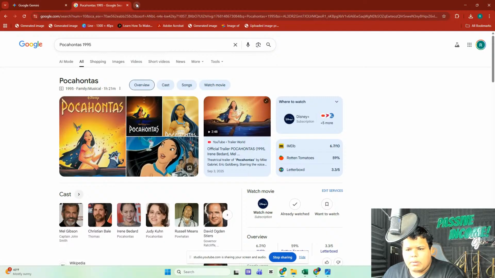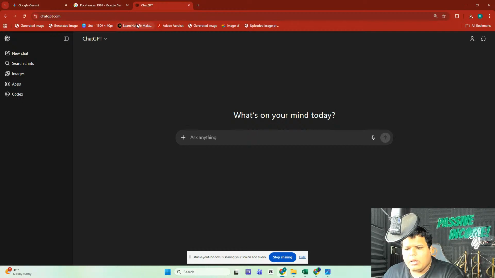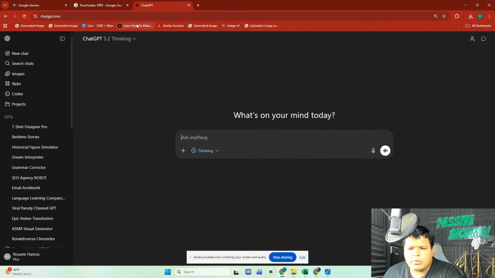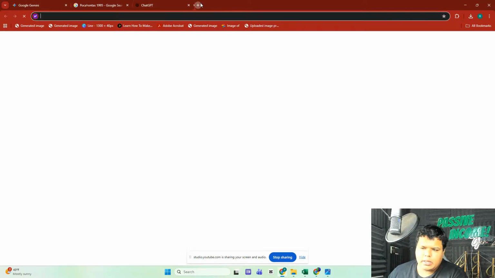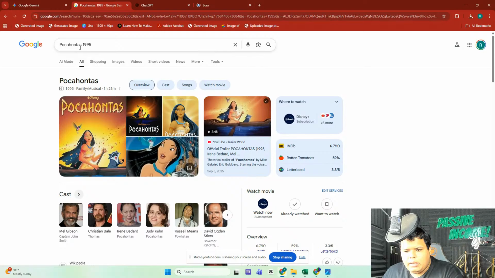Okay. So I'm going to work with ChatGPT plus Google Gemini. ChatGPT is going to be our source of information. Gemini is going to create images for us. And I also would like to recommend that you open Sora because we will need it as well. Now, I'm going to take the movie name, Pocahontas